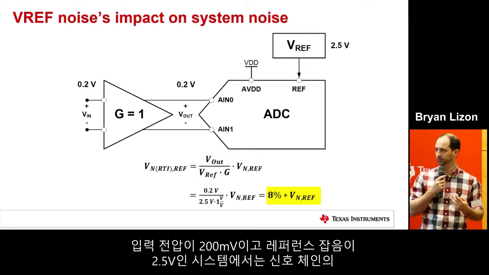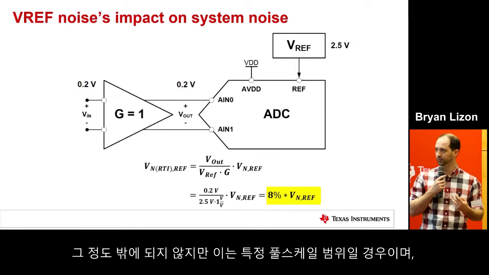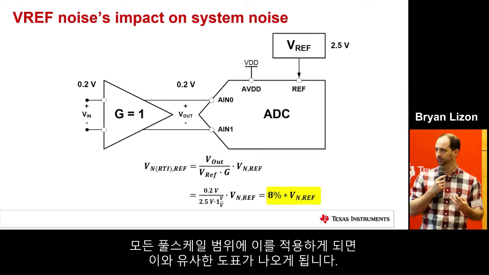So in this system, with a 200 millivolt input and 2.5 volt reference, we're actually only seeing about 8% of the voltage reference noise at the input of this signal chain. So that's all we're seeing here. And again, this is for a specific full-scale range. But if you applied this